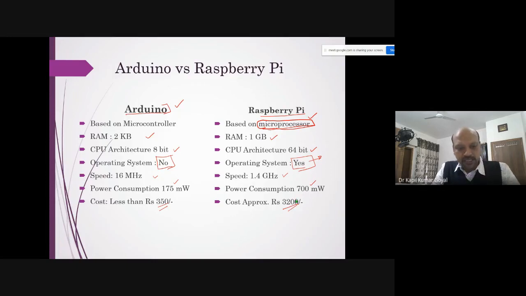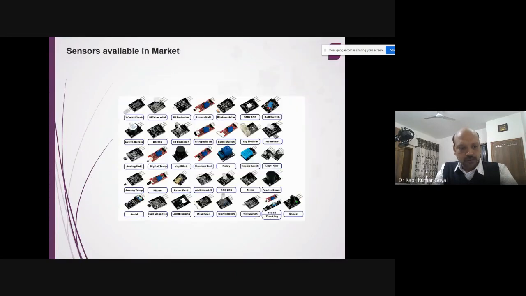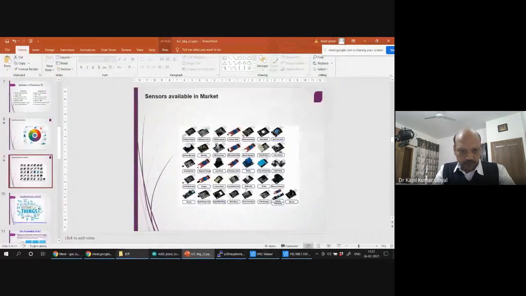So these are the two boards which are most often used, and we have compared these boards, and we'll see two applications, one on Arduino and another on Raspberry Pi in this session. So let's skip for now, and